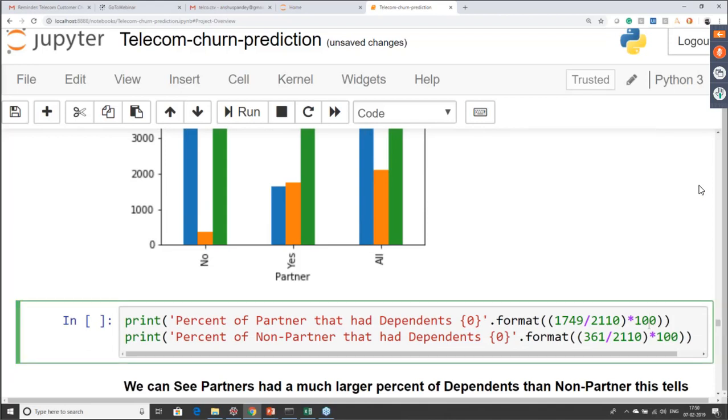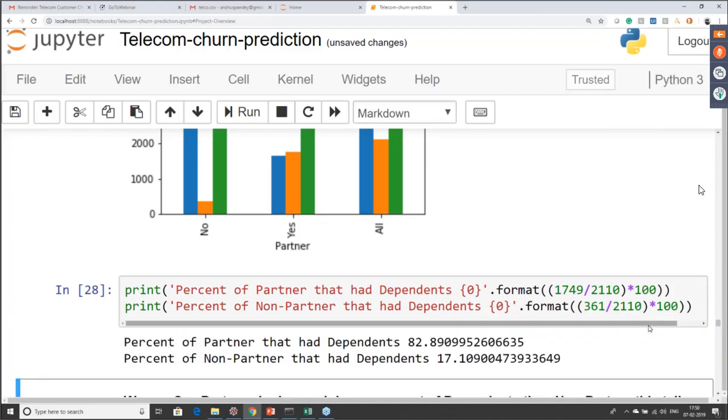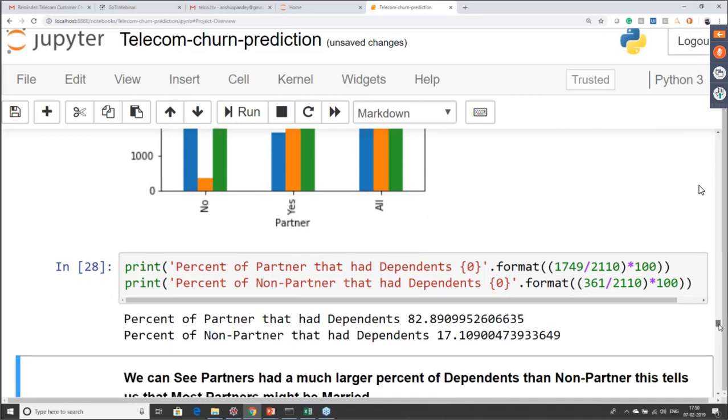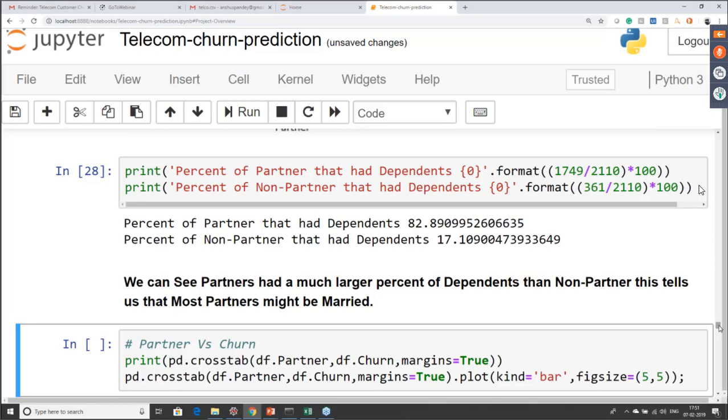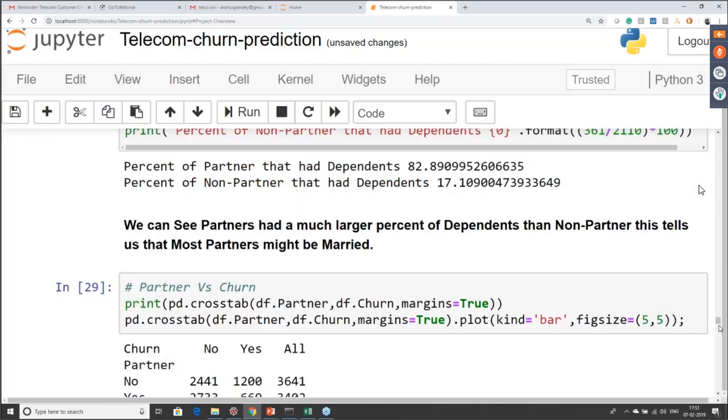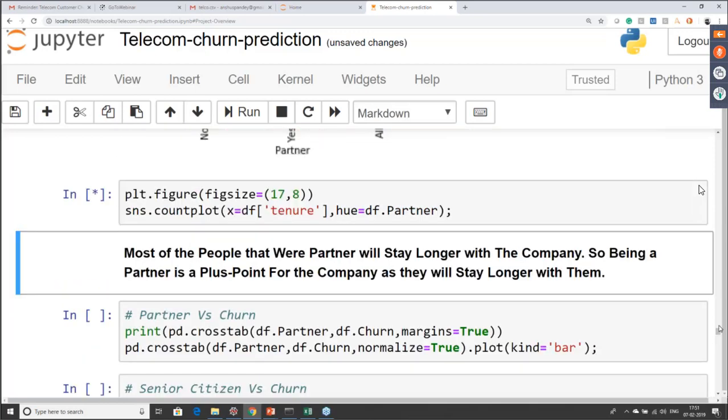Then we can look at the ratio for having partners that have dependents and non-partners that have dependents. So 82% versus 70%, that is a higher change. As we can see, the partners have a much larger percent of dependents than non-partners. This shows that those people who have partners are the married people. And now let's see how this impacts churn. If you look at the impact,